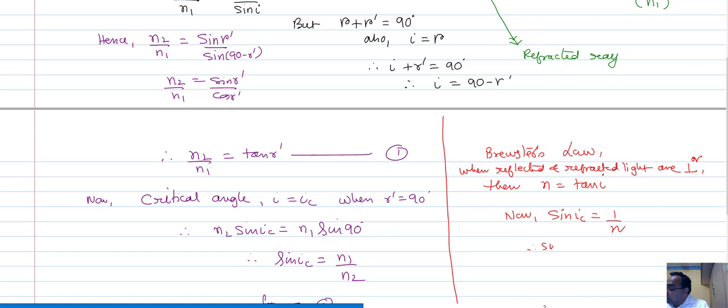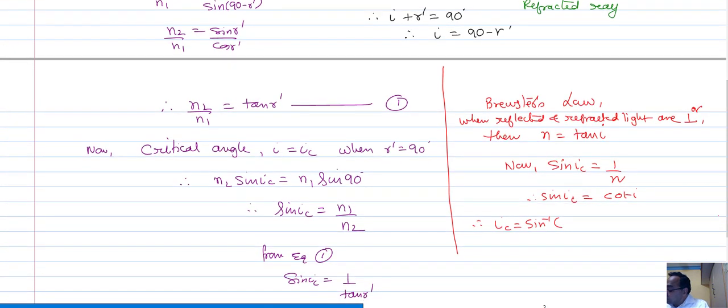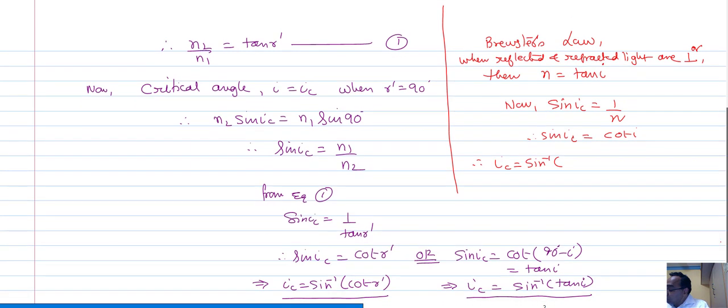So therefore directly sin of critical angle is 1 by n, which is cot I. So therefore critical angle is sin inverse of cot r dash, or we can say